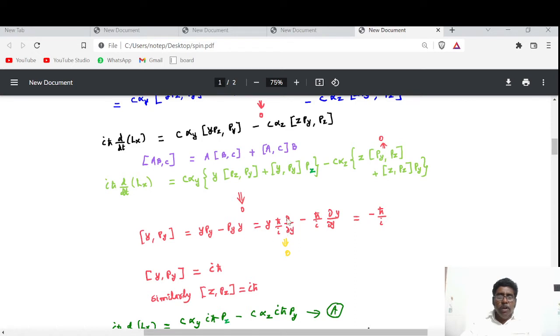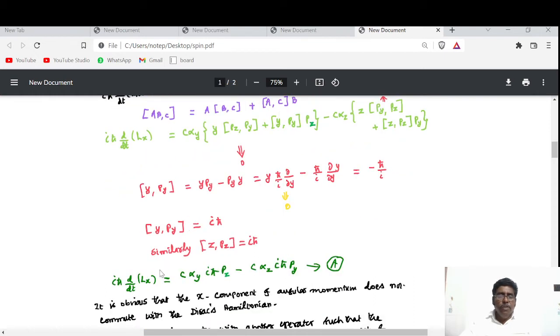So this value equal to 0. ∂y/∂y is 1. So the answer is minus ħ by y, that is equal to iħ. So the value of [y, py] is equal to iħ. Similarly, [z, pz] is also iħ. If you substitute all these values in the above equation, we can get the value of iħ d/dt of